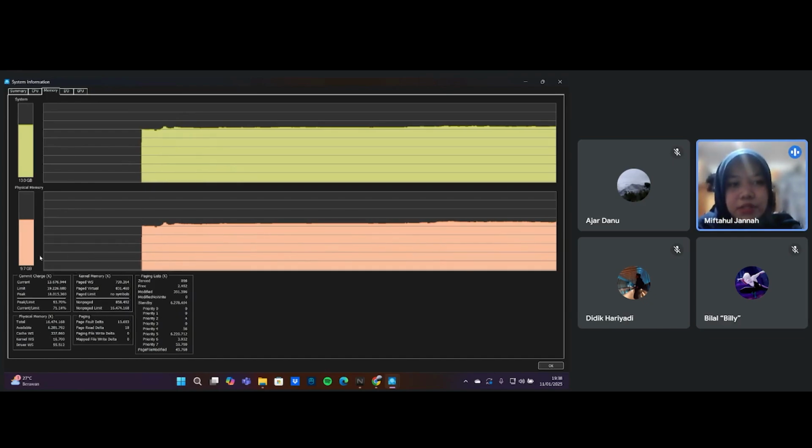And there are details from the system commit. There is commit charge, physical memory, kernel memory, paging, and paging lists. In the commit charge, we have current, limit, and peak.